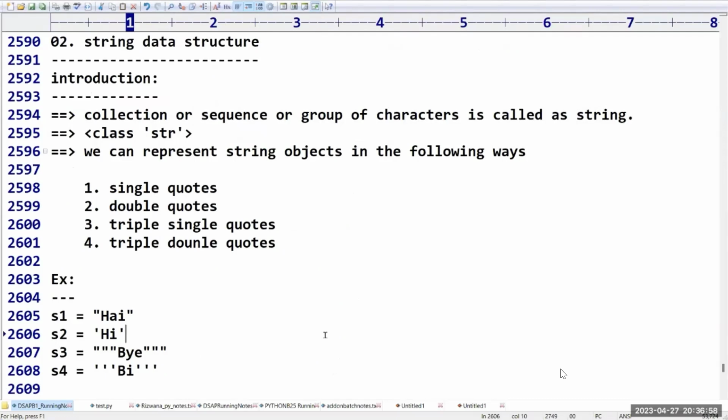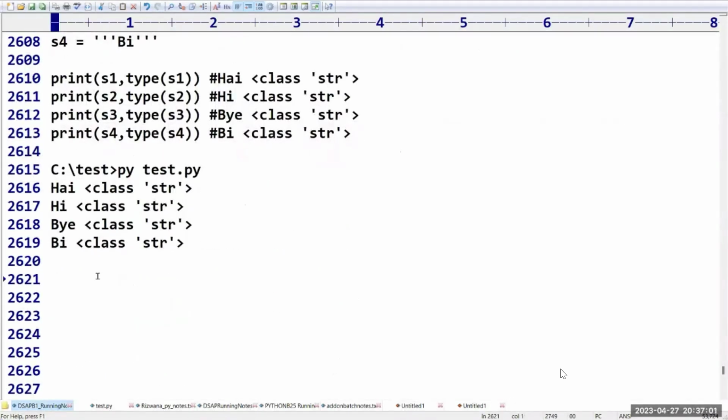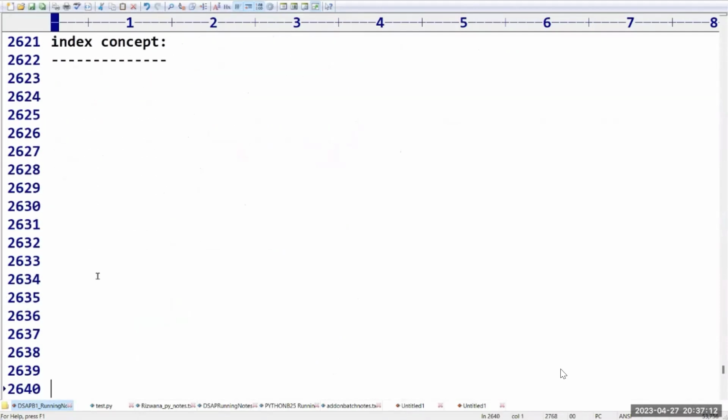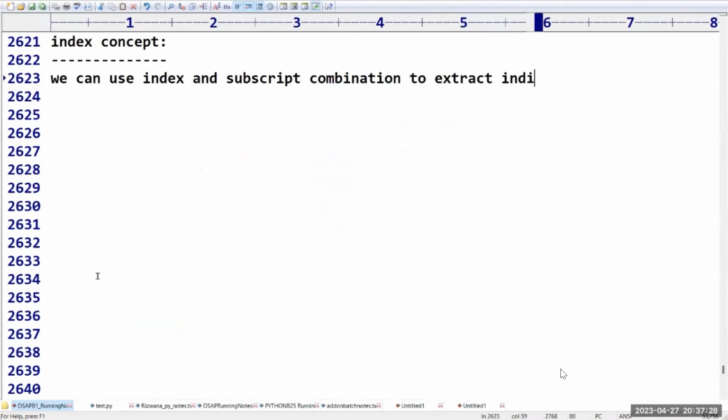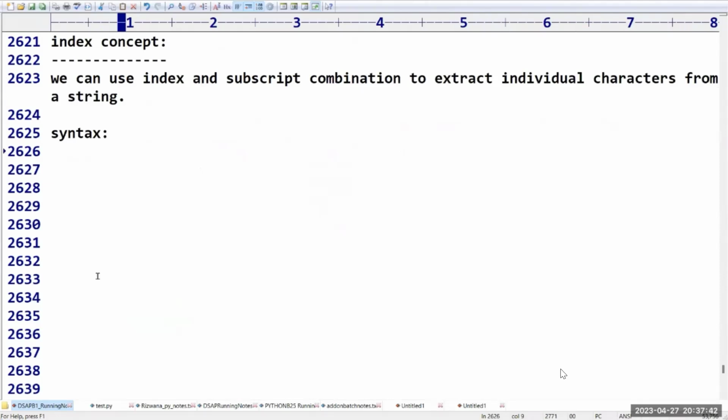Yes, sir. Right. So in strings, sir, we have one special terminology called the index concept. Sir, I'm not going to explain this index concept further, that's why please listen carefully about it. What is this index concept? We can use index and subscript combination to extract individual characters from a string. If you want to extract individual characters from a string, then which concept can we use? Index concept. The syntax used for this is the string object, and within these brackets, called subscripts,